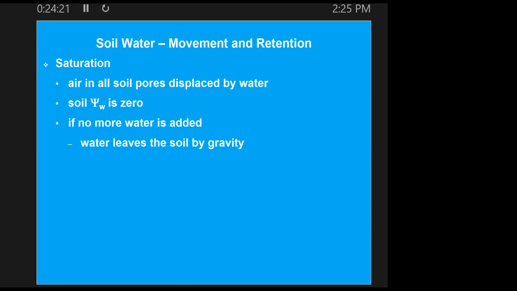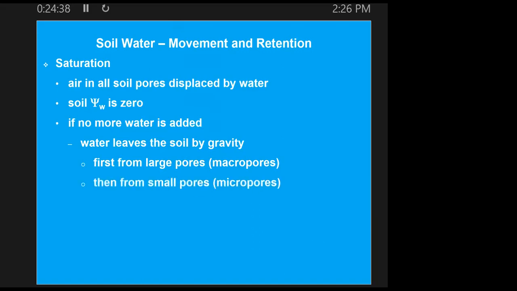Gravity doesn't stop. So you're going to have water trickling through the soil, down, down, down, eventually into the water table. And if you think about the different sizes of pore spaces in the soil, there's the bigger pore spaces, the macropores, the micropores. So first, water will leave more easily out of the large pores, and then it's harder to get it. So it takes longer for the water to exit out of the small pores,